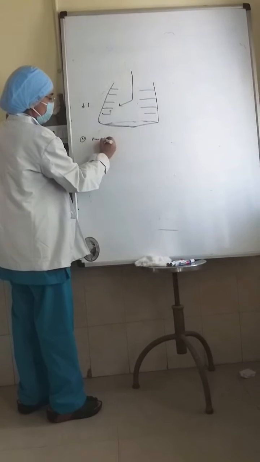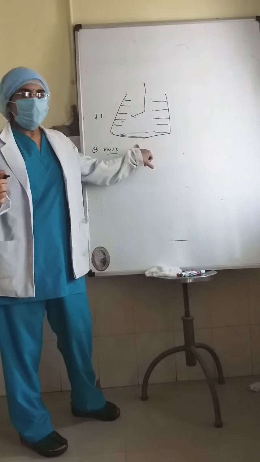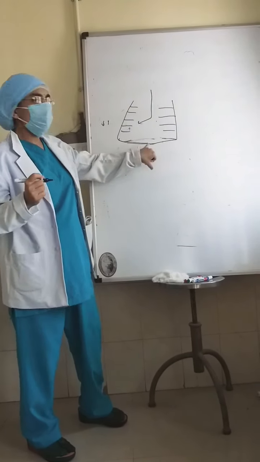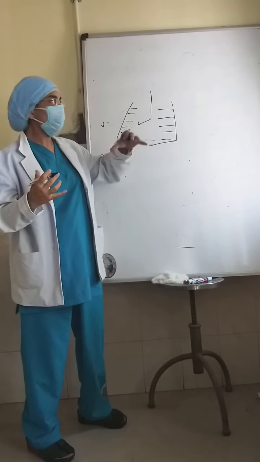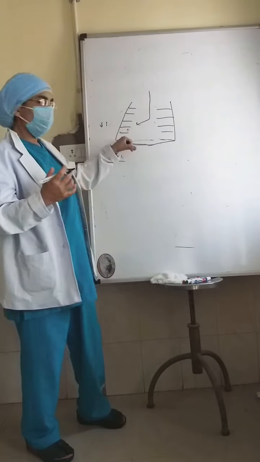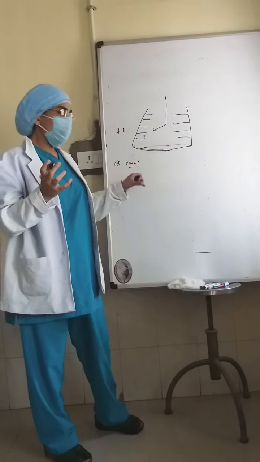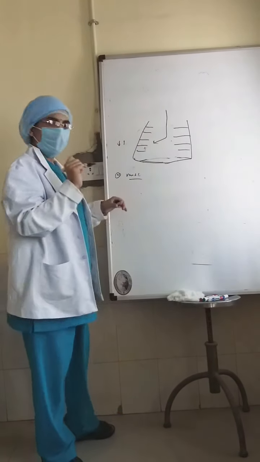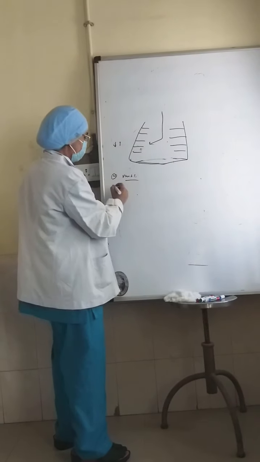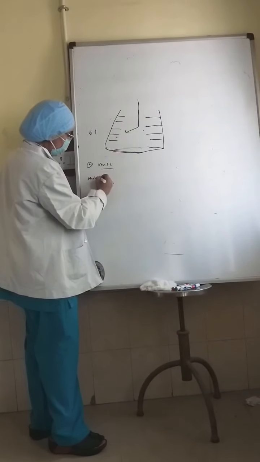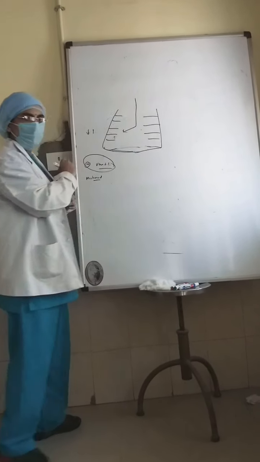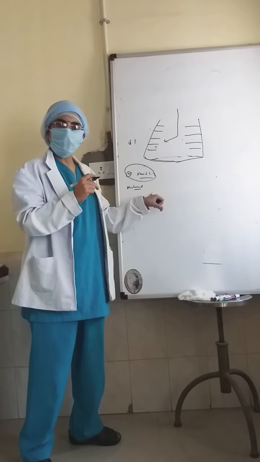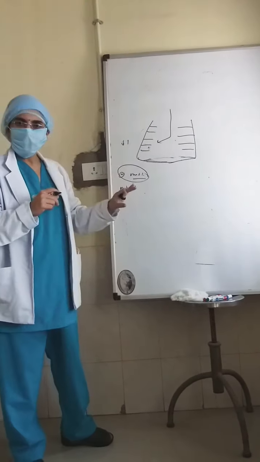So normal ventilation depends on negative intrapleural pressure, whereas in mechanical ventilation, since the patient does not have the power to breathe air from the atmosphere into the lungs, we need a machine which gives air with a preset rate and preset pressure. That is ventilation by a mechanical ventilator. So this is the major difference: normal ventilation is negative pressure ventilation, whereas mechanical ventilation is positive pressure ventilation, where positive pressure is given by the machine.